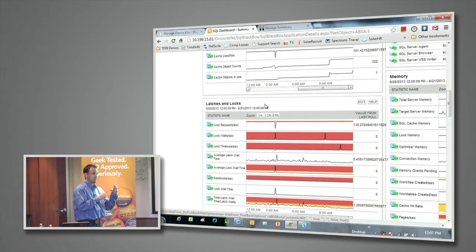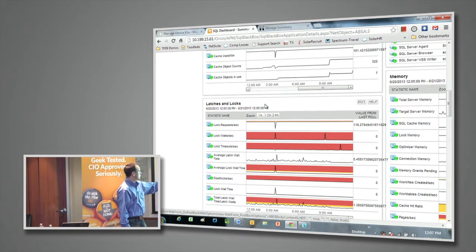How many instances has it gotten into the critical area or the warning area? And like I said, I'm letting a little bit of a cat out of the bag on some of the things I'm going to show here in a second. But I'll talk to you about how